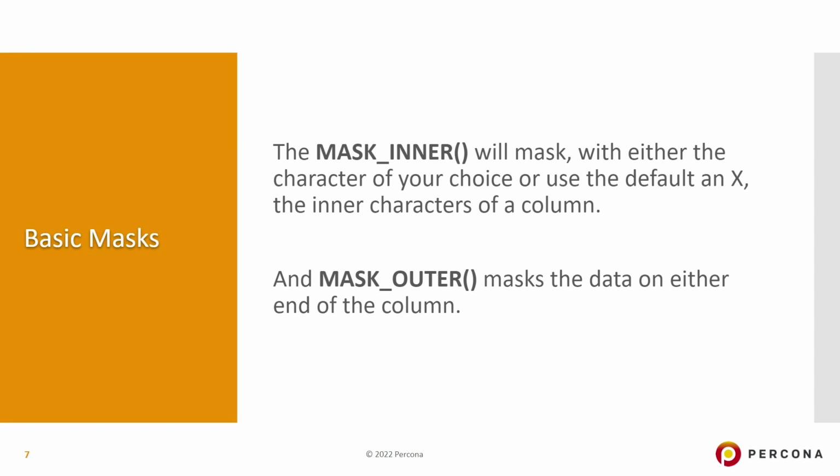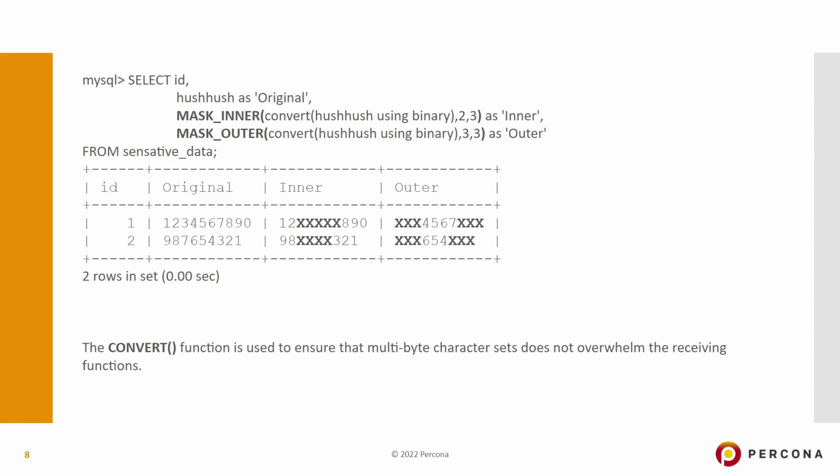Now, mask_inner will mask with either the character of your choice or use the default of an X, the inner characters of the column, and mask_outer does just the opposite. So if we go out and select our hush_hush column, we're going to do it 3 times: original, the mask_inner, and the mask_outer. You see that the original is 1, 2, 3, 4, 5, 6, 7,